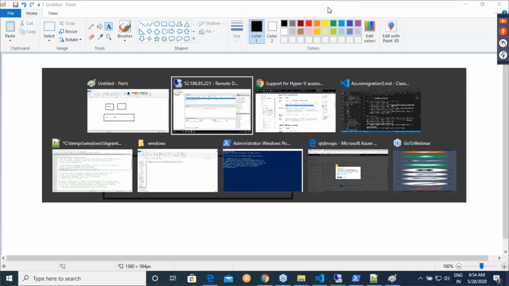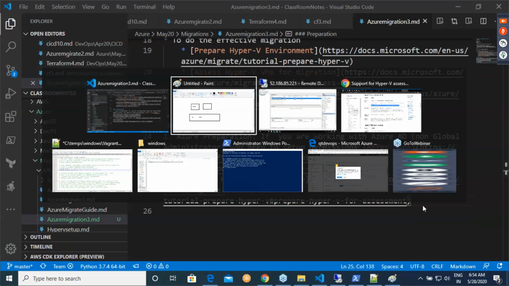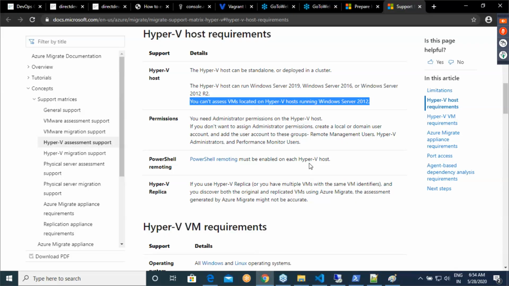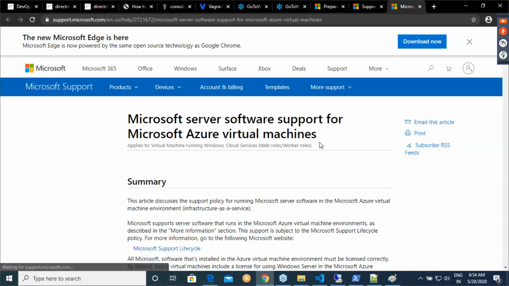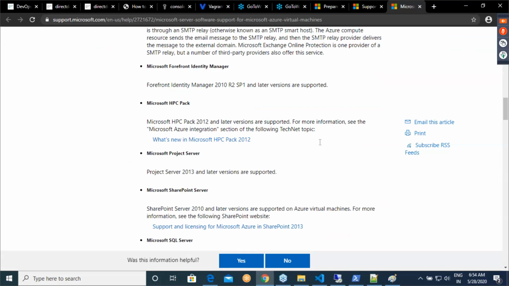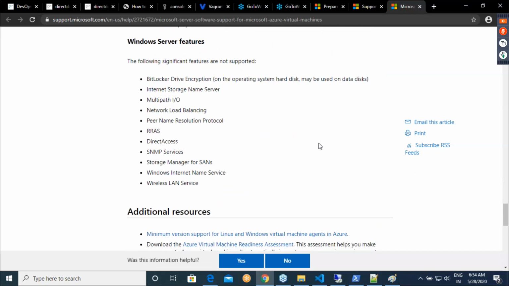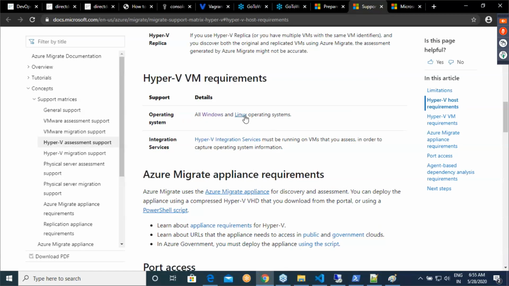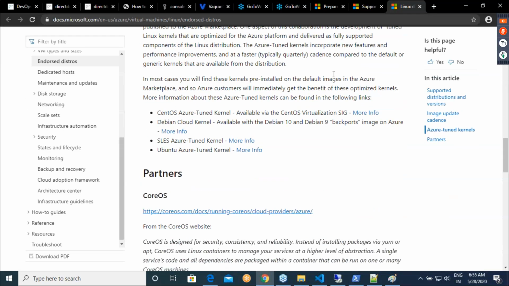All right, I think I'll not get into that, but the whole point is on the host you need to have this. But when it comes to Hyper-V VM requirements, let us see what should be present. So it tries to tell that the following is the information which you need. Following are the different Windows servers it supports. Windows you should not have a lot of problem. Okay, right? Linux. If you look at Linux, you will have the following endorsed Linux operating systems.